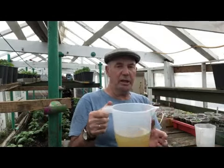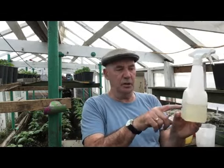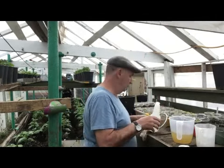Now you can strain that again, keep straining it, you can strain it through tissue paper, anything you want, as long as you get all that damn fibre that's in there, because you can get some really thin fibres off the rhubarb still in the juice, and that'll block your sprayer up. So I've already got my spray there, and it's half full of just fresh clean water out of the tap. So we're going to make a 2-to-1 ratio, but before I do that,